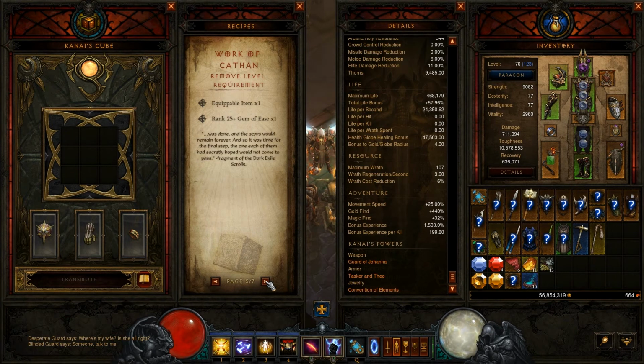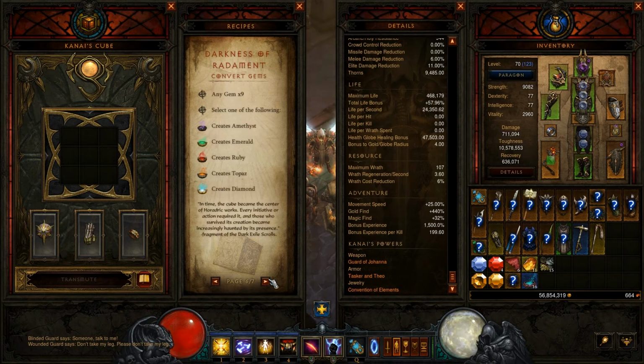You can see that there. You can remove the level requirement from an item. Yeah, I can see why you might do that, but consider a rank 25 plus Gem of Ease, I'm not 100% sure you'd be that bothered about doing that one, but the option's there. Darkness of Radamant, so you can convert gems. You can buy these